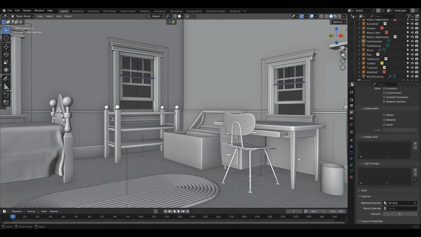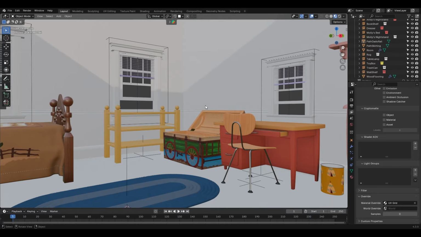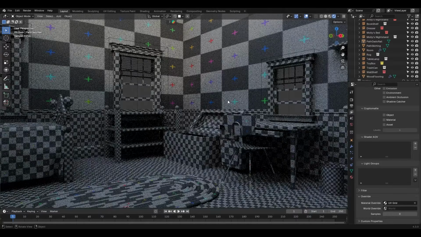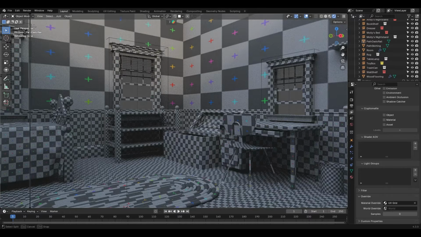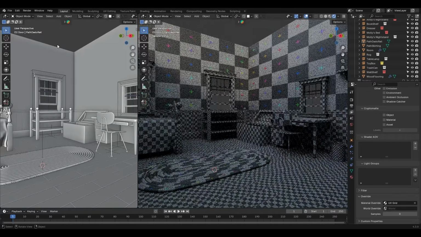Okay, now keep this in mind. If you switch to Material Preview, you won't be able to see the effect. That's because, as you might know, Material Preview uses the Eevee render engine. And since this override feature only works in Cycles, you have to switch to Rendered View to actually see it. Now that we're in Rendered View, look. The checker material we selected has been applied to all the objects. It's now overriding everything. So now we can go ahead and adjust the UV island scale and fix the texel